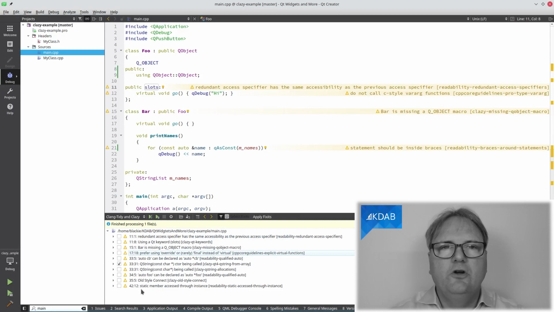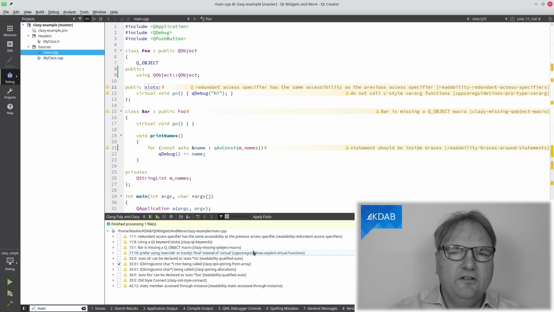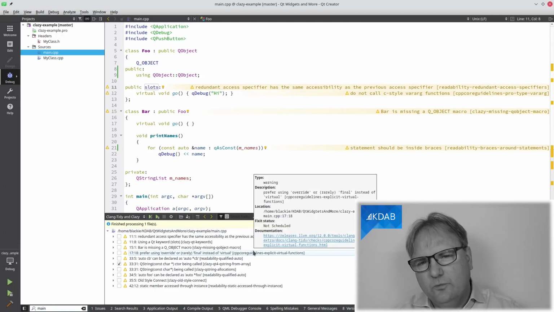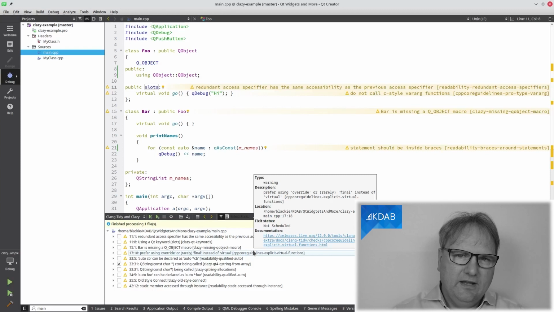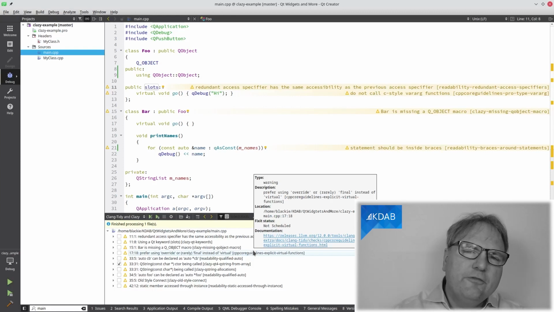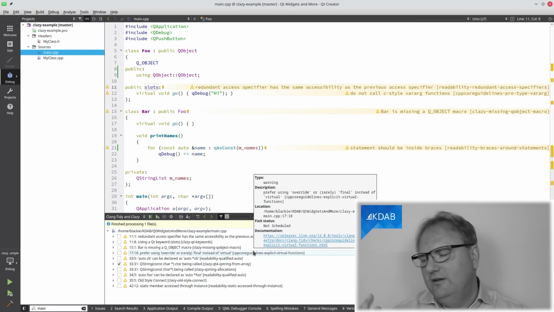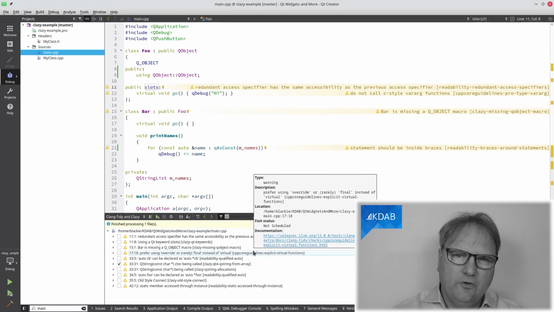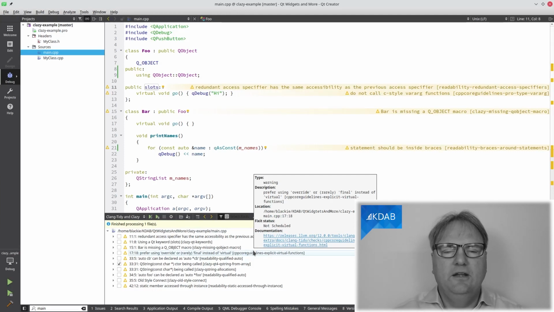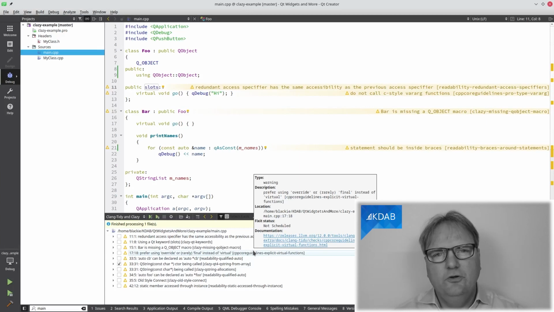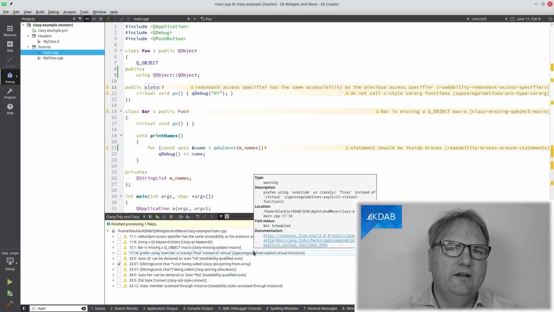And then in your own code base, you likely have hundreds or thousands of warnings, and just take your time, go through them, understand them, say, yeah, do I want that? Do I not want that? And then apply the fixit. Likely not from within here, because it unfortunately crashes, or it breaks the code, at least in my current version, but possibly from the command line. I'll show you in the next video how to run Clang-Tidy and Clazy from the command line.